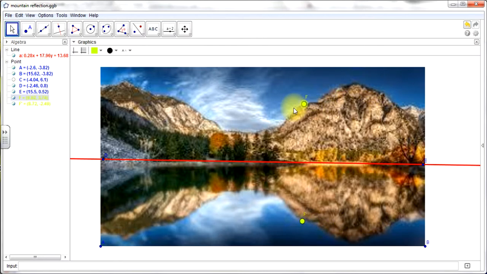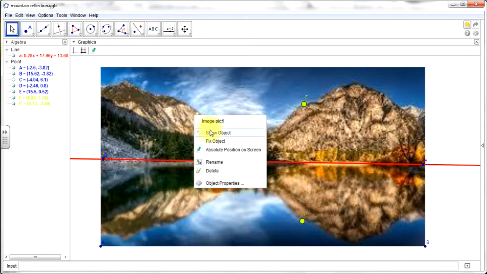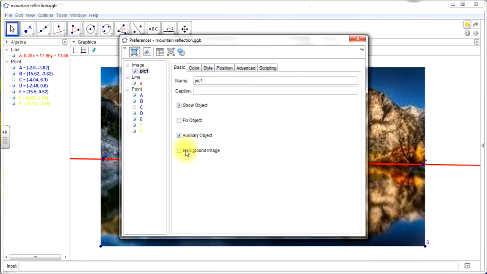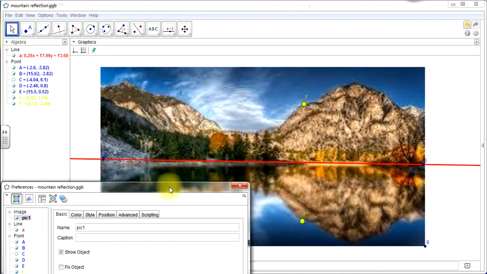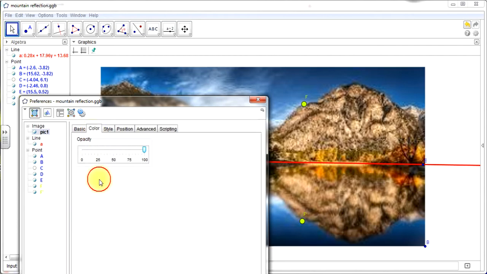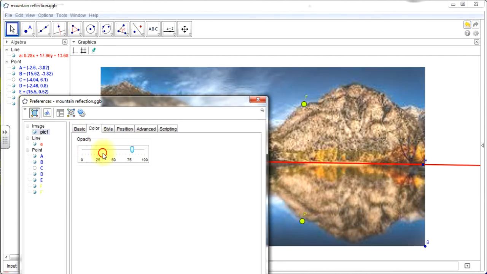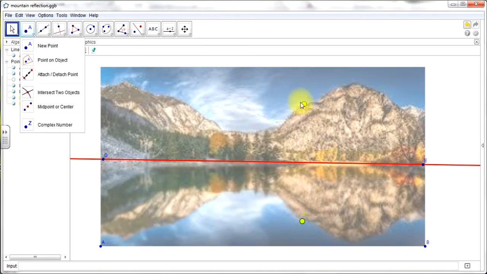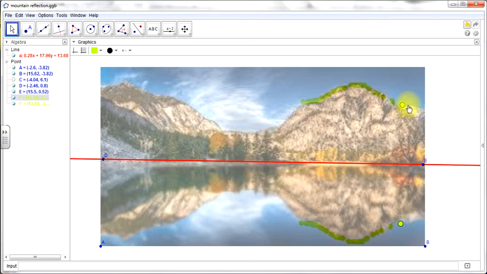Oh, it's not. It's actually mapping out, but the way GeoGebra works, the picture is the front layer. So if I grab my move tool and right click my picture, go to object properties, one of these options I can do is background image. So I'm going to change that to a background image. And that didn't work. Maybe if we go to color, we change the opacity of the picture. So we can actually change the opacity. So now when we move F, you can see